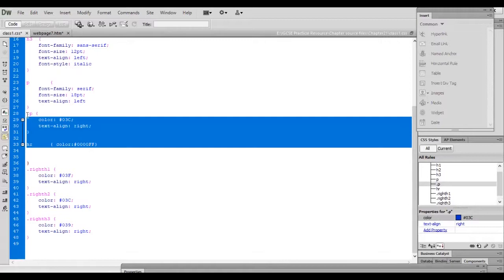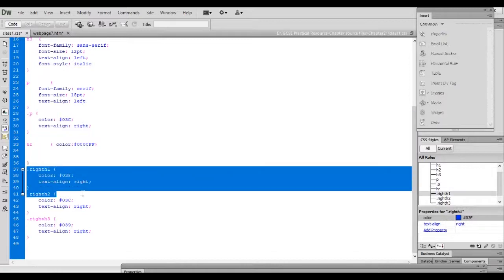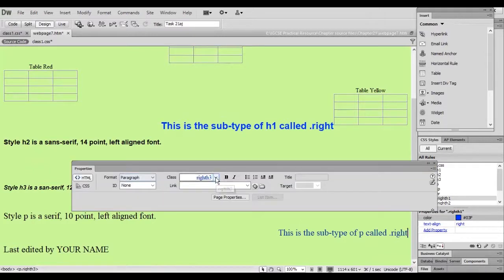class, how would we know? Because it begins with a full stop. Paragraph class, H1, H2 and H3. Let's see and have a look. How would we know classes have been defined? It will show in our look. Just see and look. When I click on this, it will show all the classes which I have recently created. This is for the paragraph. This is for H1, H2 and H3.